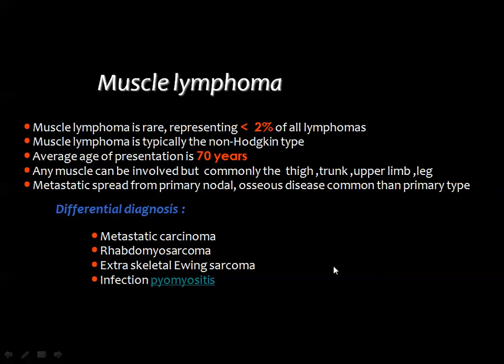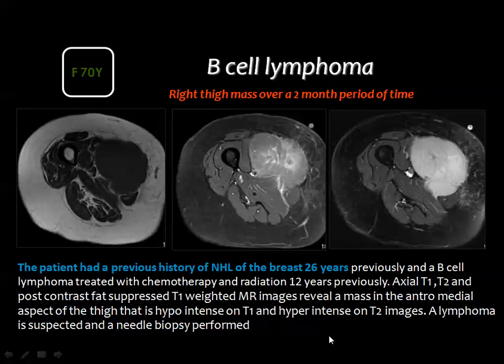Muscle lymphoma is rare, representing less than 2% of all lymphomas and is usually of the non-Hodgkin type. The age of presentation is around 70 years of age. Then the differential diagnosis of a mass in the muscle may include metastatic disease, primary disease like rhabdomyosarcoma, extraskeletal Ewing sarcoma, muscle lymphoma, and sometimes infection like myositis. And this example of a female 70 years old with a right thigh mass